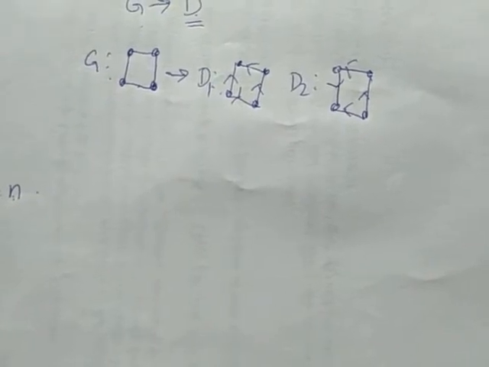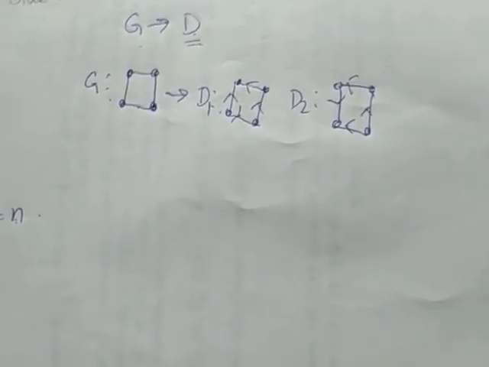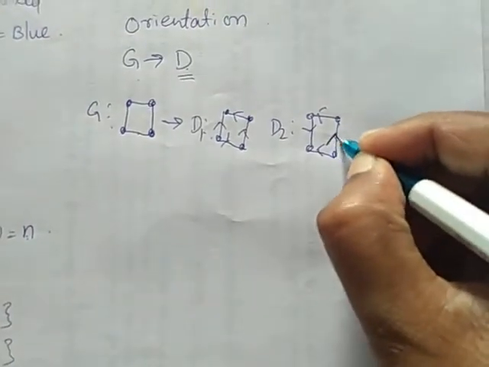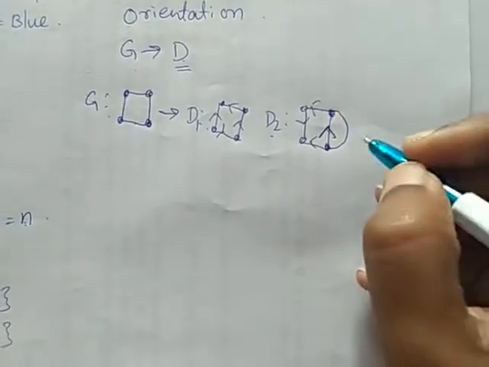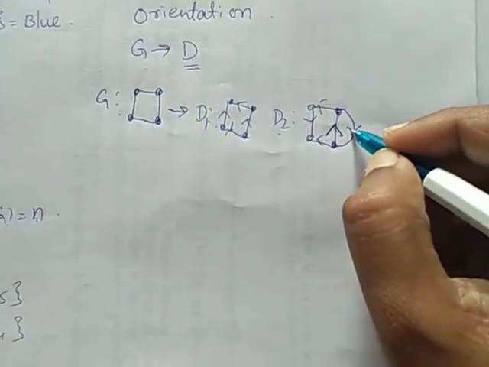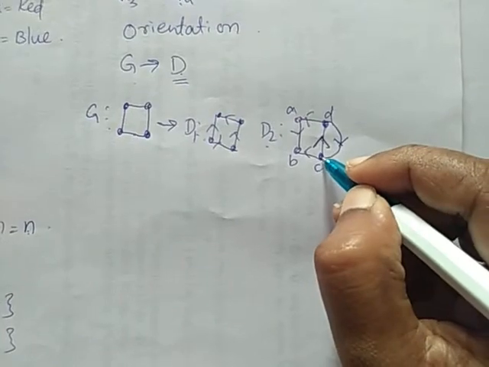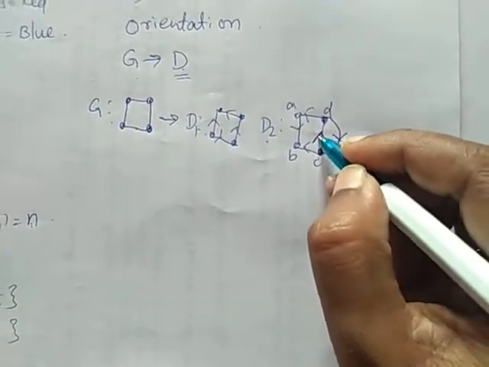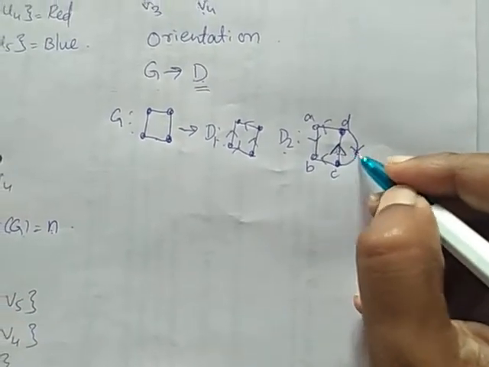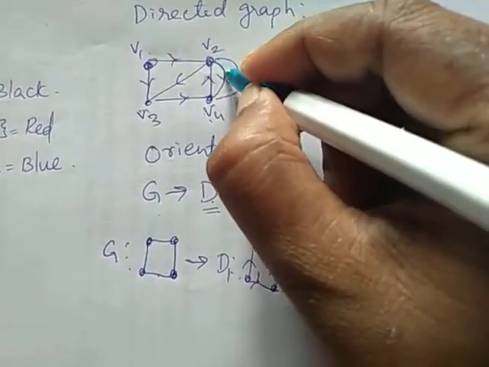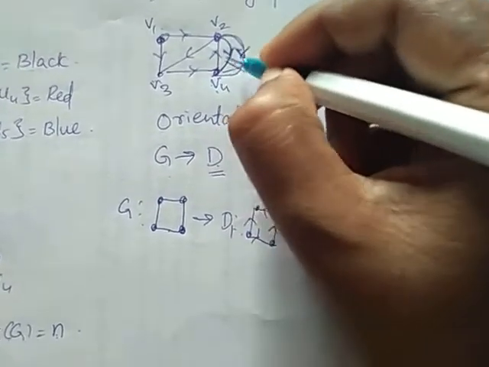Now we are going to study what parallel edges are. In this example, in D2 itself, if I have an edge in this form directed in the opposite way, if this is A, B, C, D, we have C, D, and D, E. These two edges are not parallel edges. Clear? These two edges are not parallel edges. But in this case, V2 to V4, V2 to V4 with the same direction, these two edges are parallel edges.